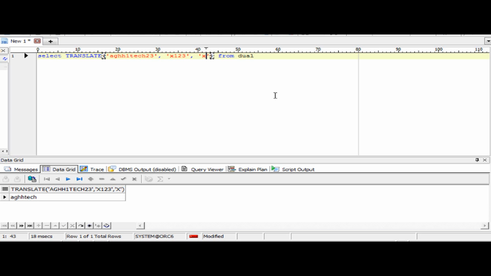So we mimic it by putting a legal character, X, anything can do, A to Z or any other ASCII character. We put it in the second parameter, and we put the same in the third as well. So if there is an X, it will be replaced with the X. If it is not X, then it will output as it is. So we get the same, desired result.